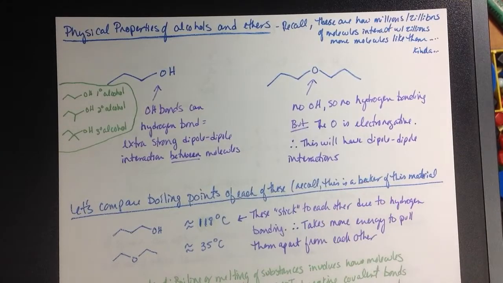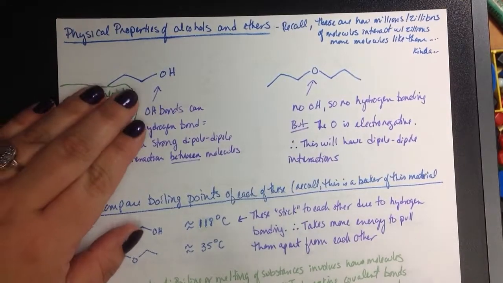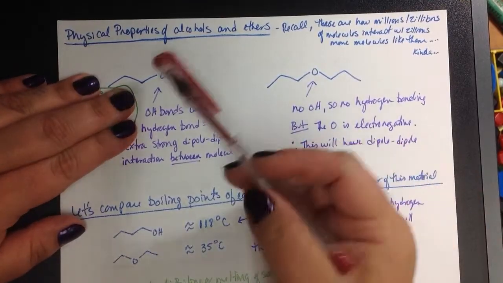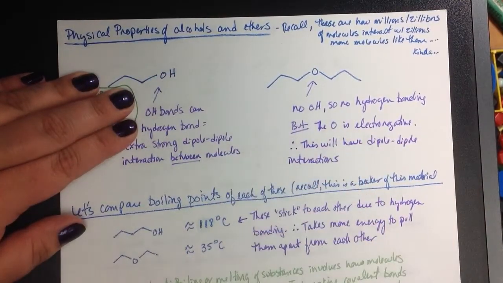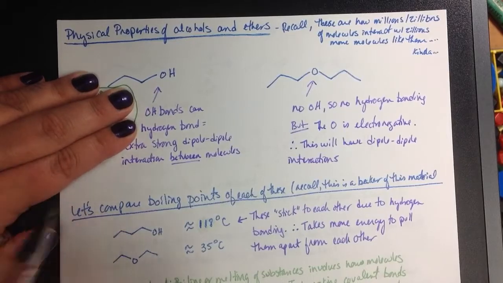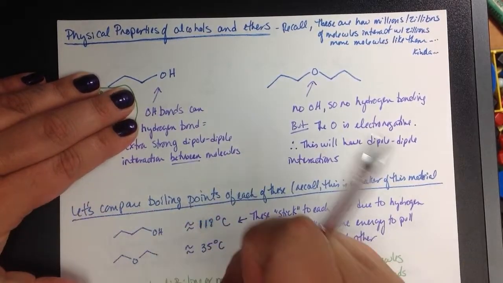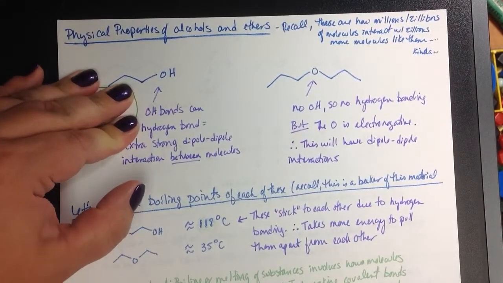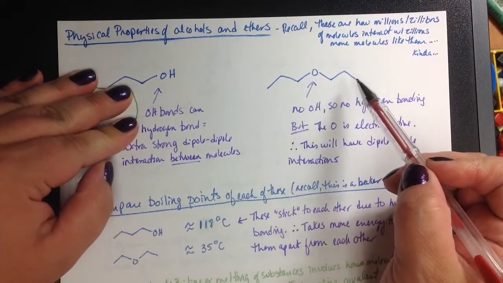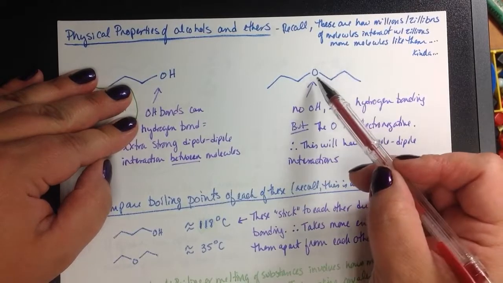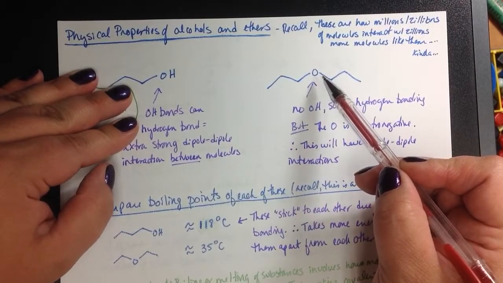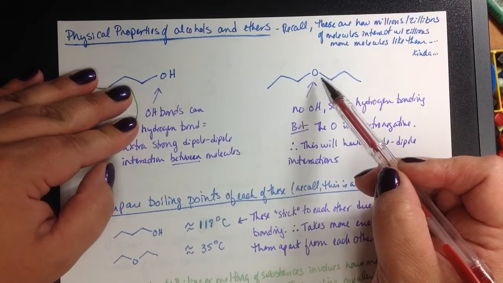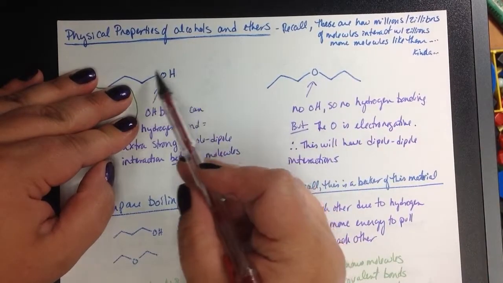So we're not just talking about one molecule here. We're talking about how different molecules interact with each other. So in an alcohol, sorry, I put this side note in here. In an alcohol, you have an OH group. An OH group has hydrogen bonding possible, right? Because of the oxygen attached to a hydrogen. Versus an ether, which doesn't have that hydrogen. So this guy can't hydrogen bond to anything. That's going to make a difference in what it can do here in a minute, because this one can hydrogen